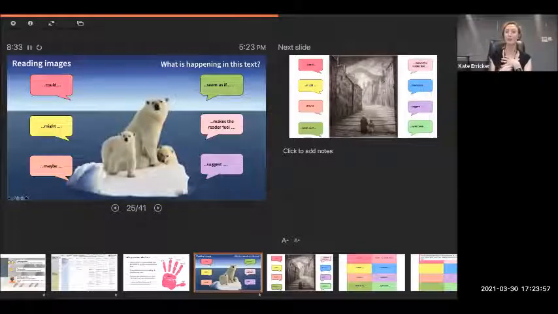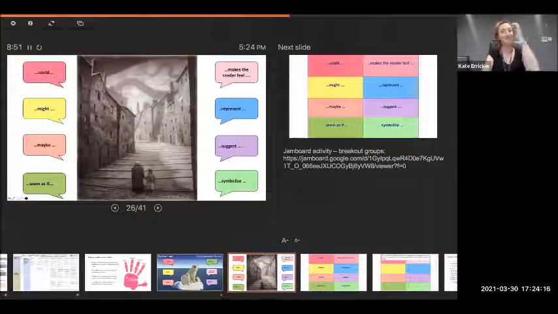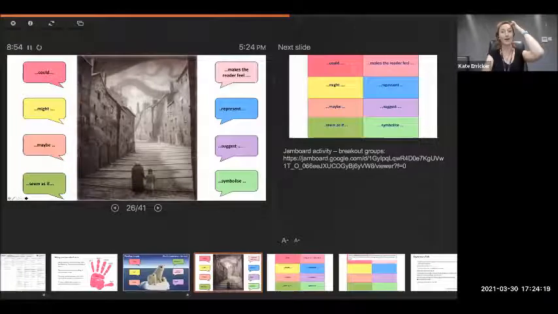Well, that makes the reader feel worse, right? Because maybe the polar bears are sad because somehow it's our fault. So we're going deeper and deeper here. So we take the surface meaning and we go deeper and deeper into alternative meanings using the prompts. Now, this is my favorite talk strategy. I've been using it a long time, and I've used it right the way up from my youngest learners right the way through to my oldest learners, because if you increase the complexity of the text, and even with a very simple text like the one I just showed you, it still works beautifully, and you can change the prompts